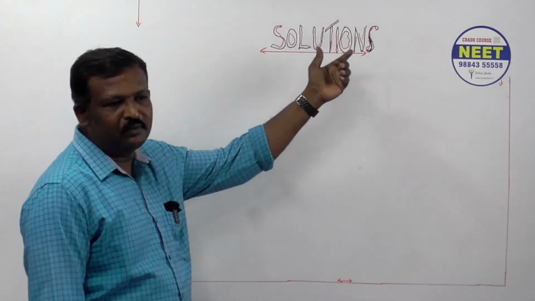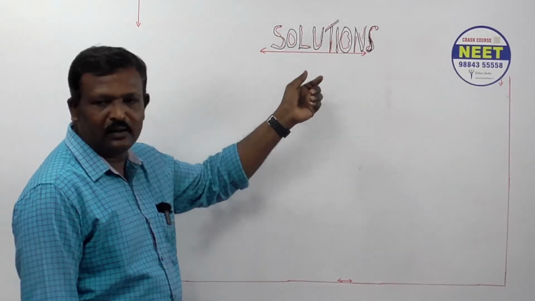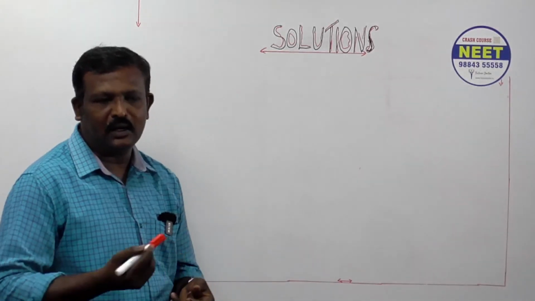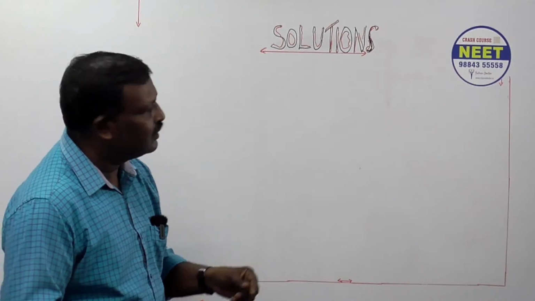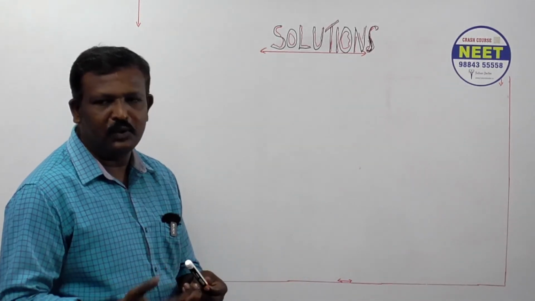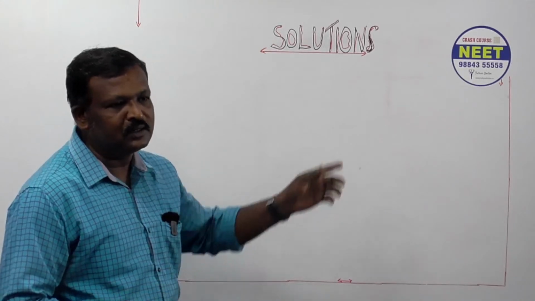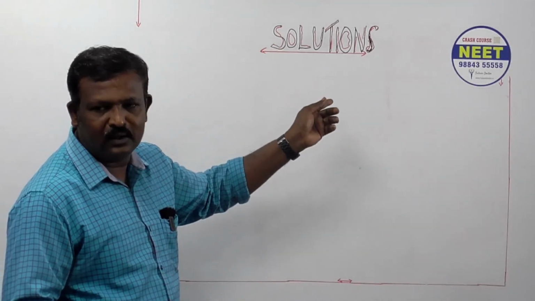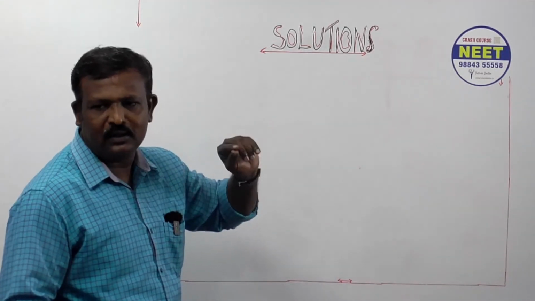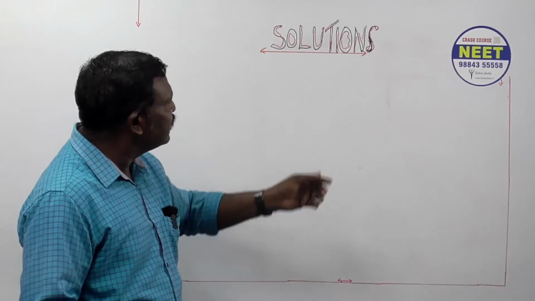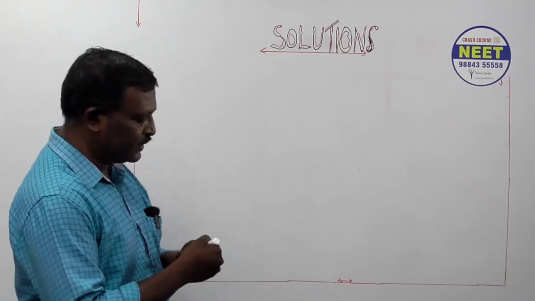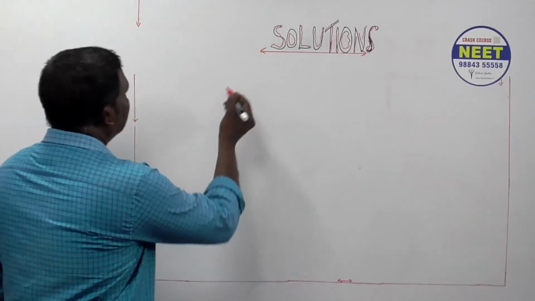Now, generally what is a solution? A solution consists of solute and solvent, you know that. If solvent is more, that kind of solution is called what? If solvent is more, it means a dilute solution. If solute is more, what? Concentrated solution. You know that. Understood? Anyhow, any solution consists of solvent and solute. Based upon this only we are going to study some statements. So first one I am going to take here